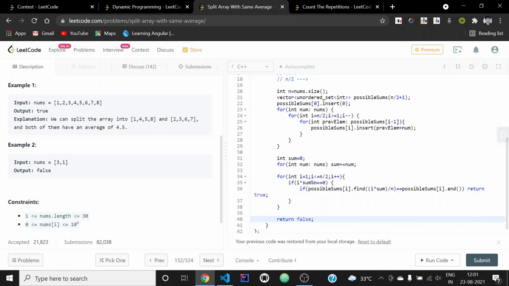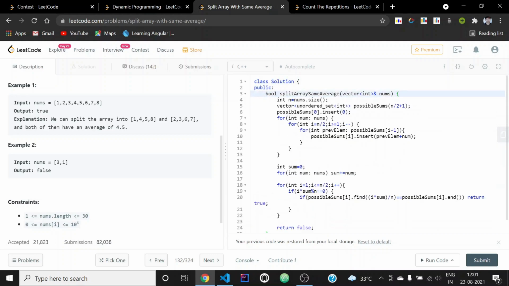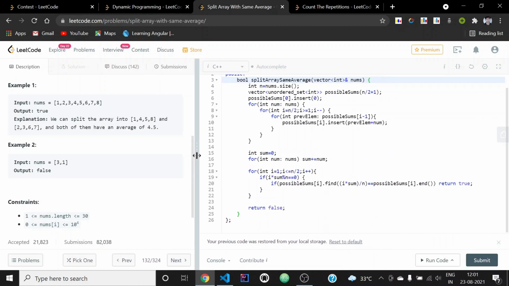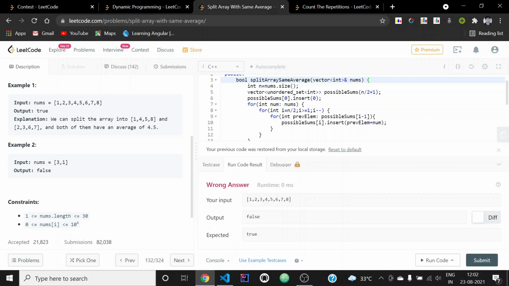So guys, this is the required implementation. Let us try to run this and check whether it is passing the test cases or not. For this we are getting false while it should be true. So let us try to check what has gone wrong.